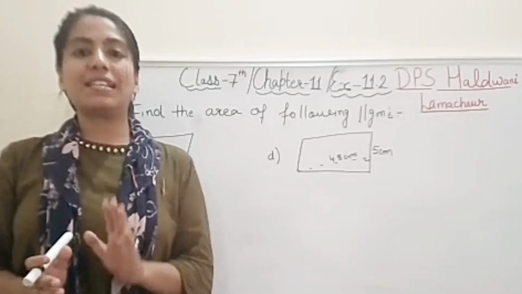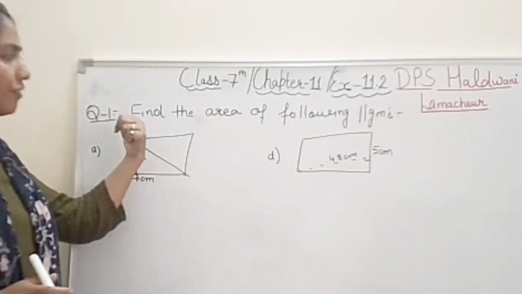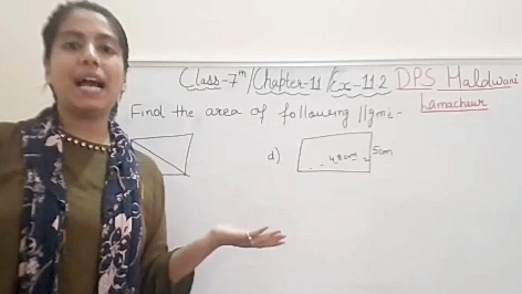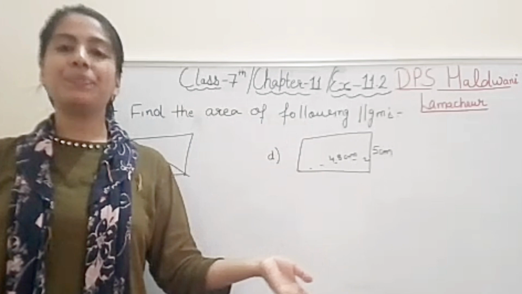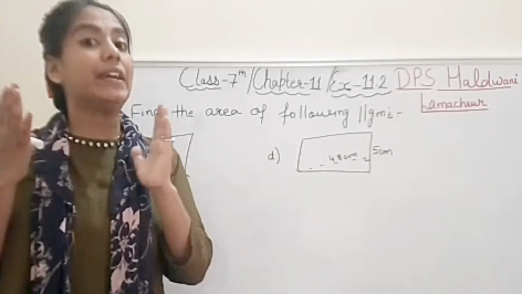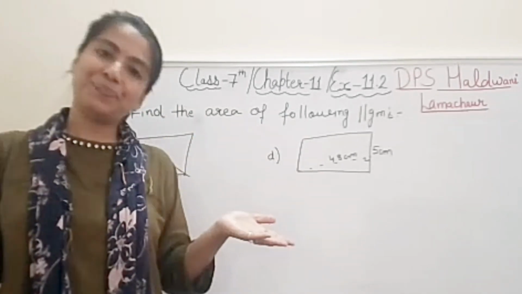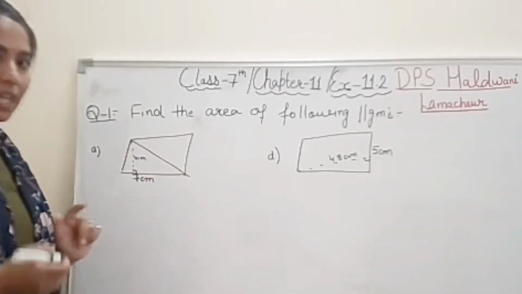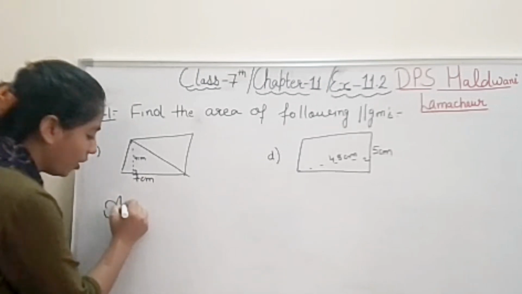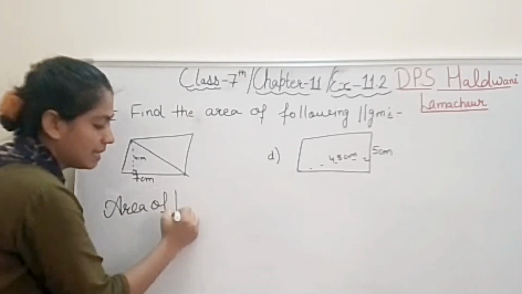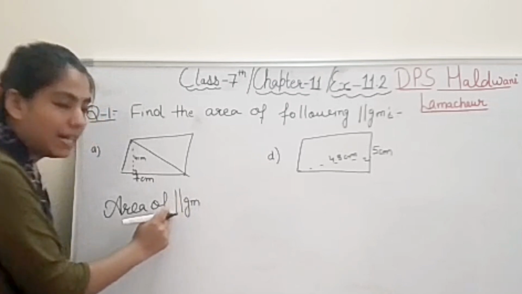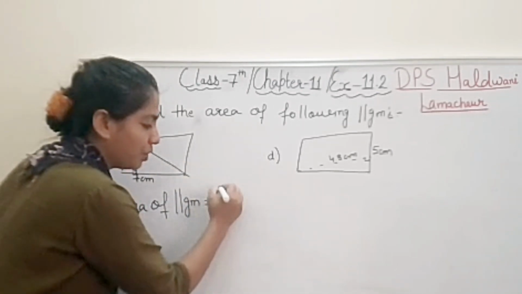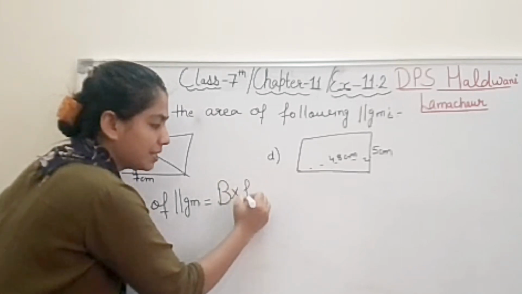Now students, coming to exercise question number 1: find the area of the following parallelograms. So it is simply asking to find the area of a parallelogram. For this you should know the formula for area. Right, students? So let's see part A. This is a parallelogram. As you know, this is the symbol for a parallelogram, parallel lines and gm. This is called a parallelogram. So the area of a parallelogram, we know, is base into height, right?